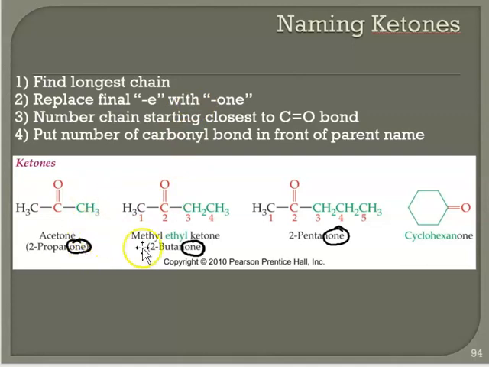So when you're naming ketones, you generally drop that E and then add the ONE ending and number the chains, always starting closest to that carbonyl bond. Obviously for aldehydes, that's on the end of the chain, so you don't really need to have that number there because it's assumed that it's at the end of the chain. But here with the ketones, you don't necessarily know which side, so you always give the lowest number closest to the carbonyl group. So some examples, acetone, the IUPAC name would be 2-propanone, or 2-butanone, 2-pentanone, cyclohexanone, or some